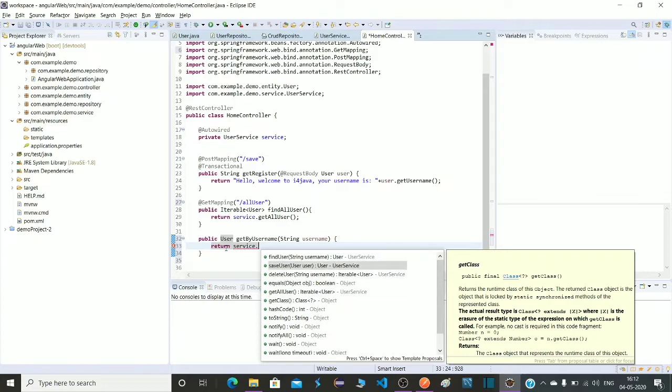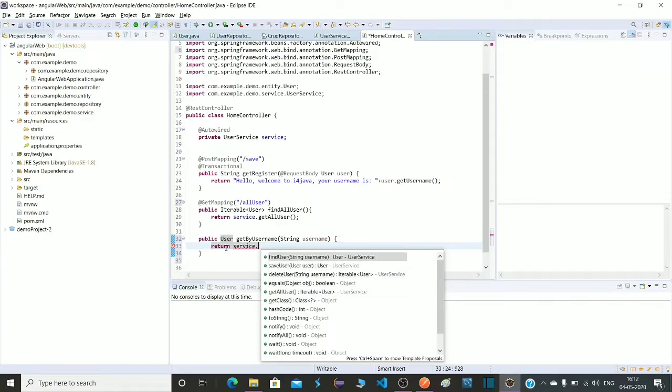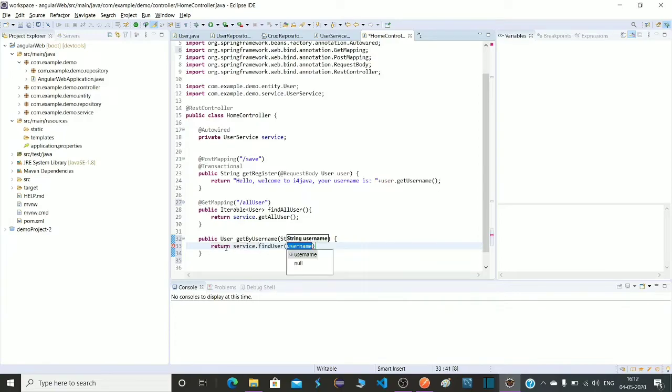Find user, yes, this is findUser. And one thing we have to write here: how will the name come here?